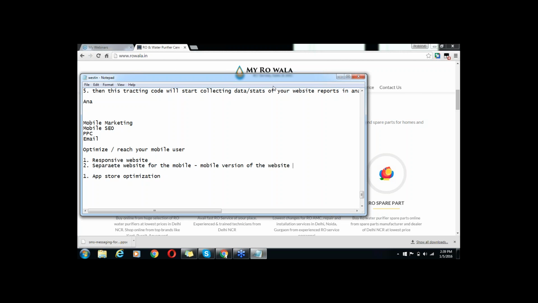And if you have a separate mobile version of the website, then in that case some redirection is set up. Your website will detect that the device is a mobile device, it will change the URL, and most of the time the mobile version URL starts with m.arowala.in.